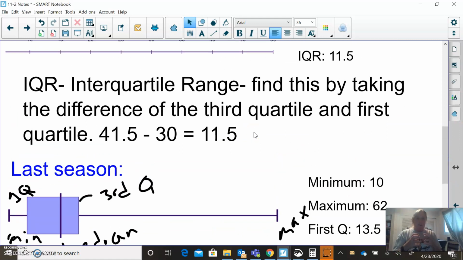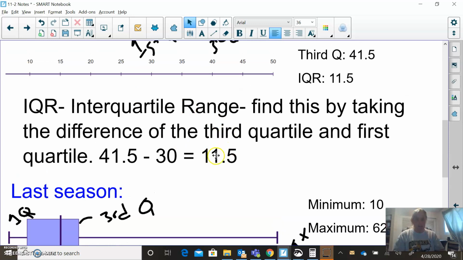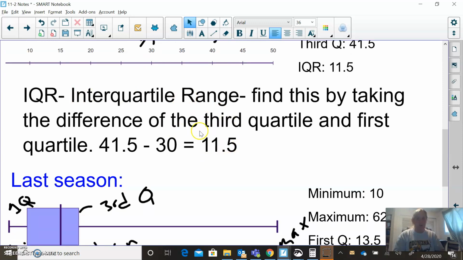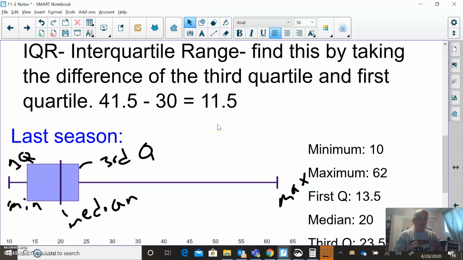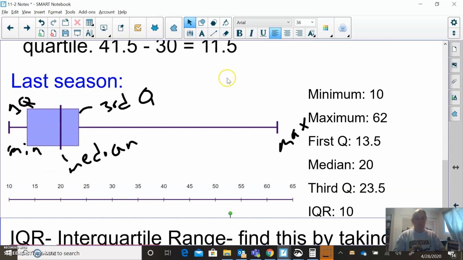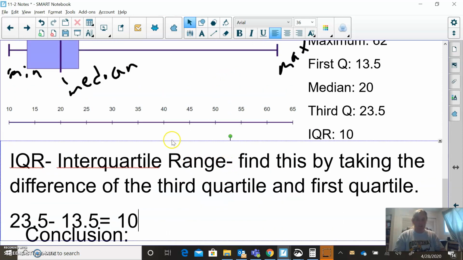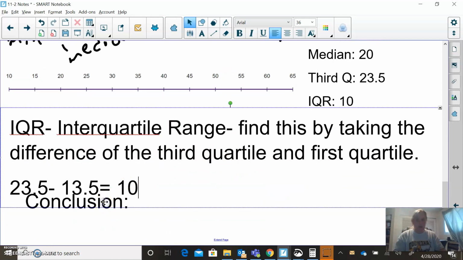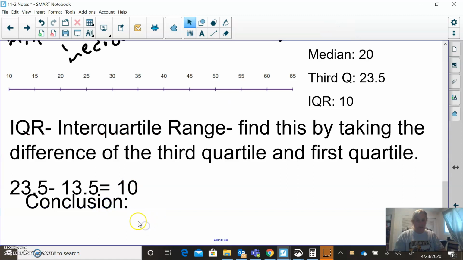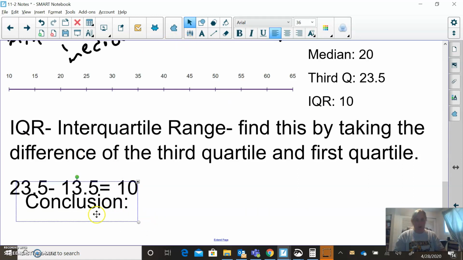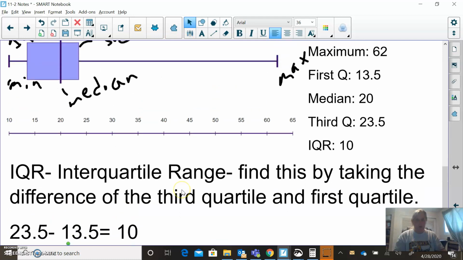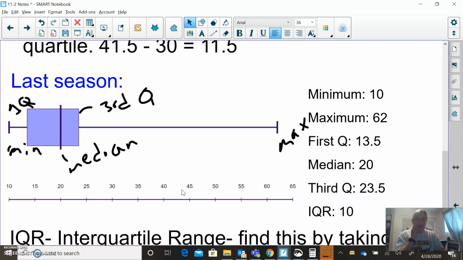That means the middle 50% of our class, or 50% of our data, this season has a higher interquartile range. That means the variance is bigger than last season. So last season has an IQR of 10, so it is smaller. Okay, so based on all our data,